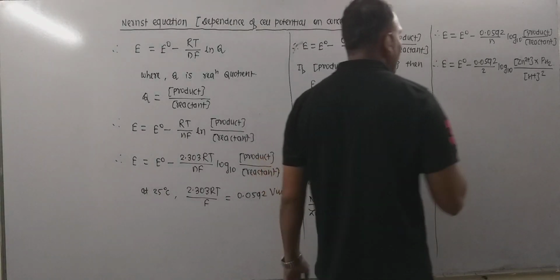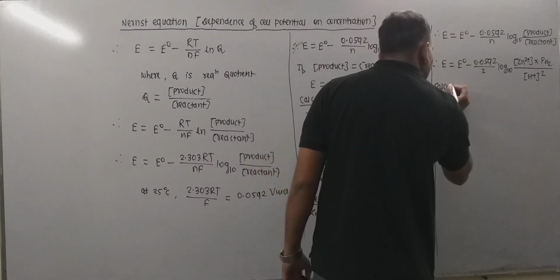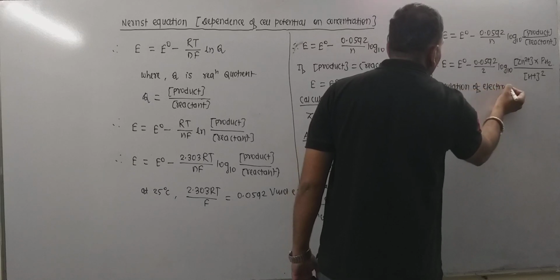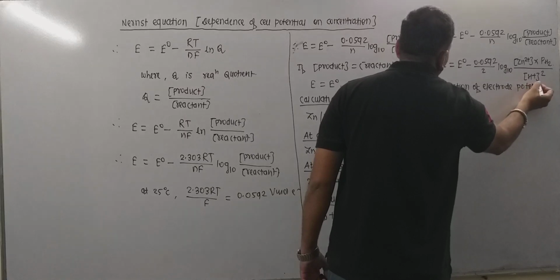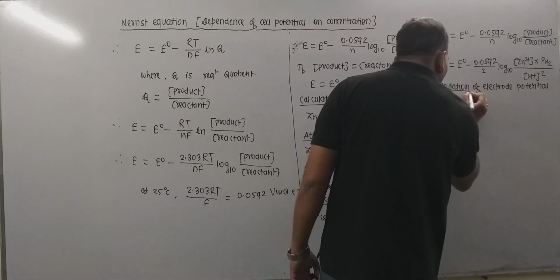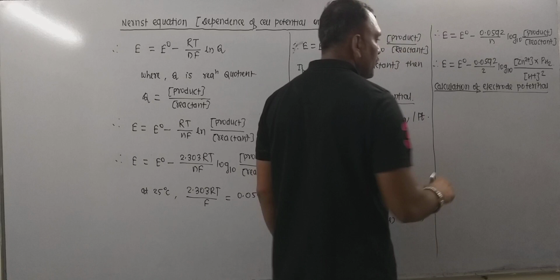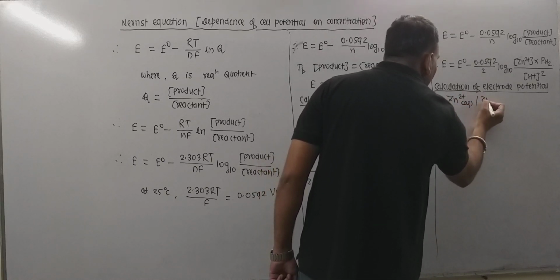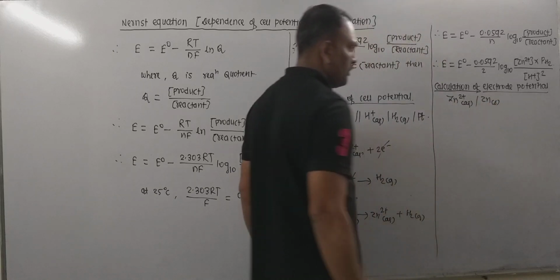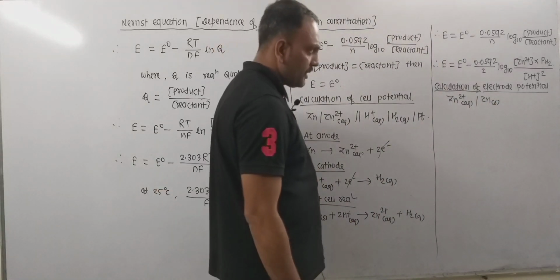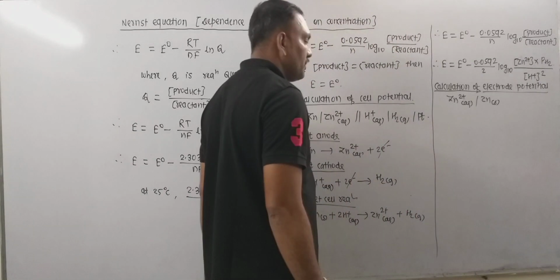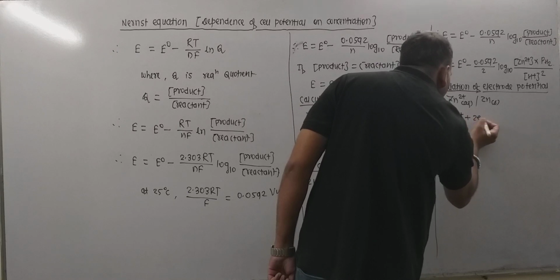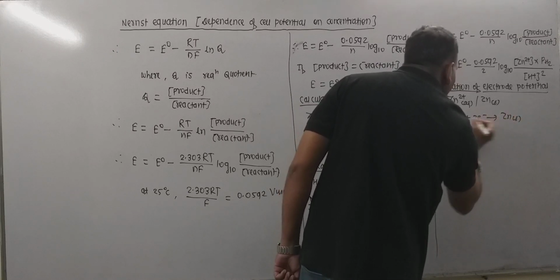Now how to calculate electrode potential? This is another thing, calculation of electrode potential. Now electrode potential can also be calculated in a similar manner. Now consider an electrode, Zn2 plus aqueous in contact with zinc solid. So this is a metal ion electrode. First of all we need to know the electrode reaction. So the reduction reaction for this can be given as Zn2 plus plus 2 electrons gives Zn solid.